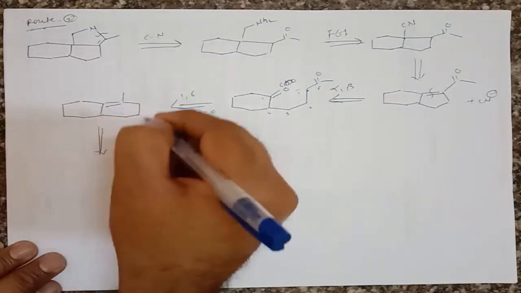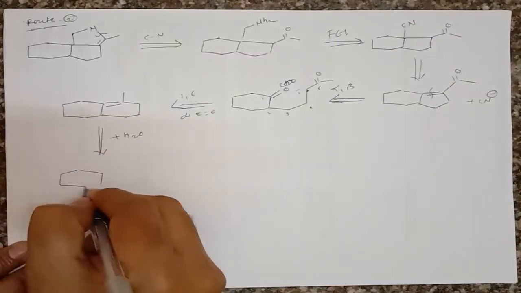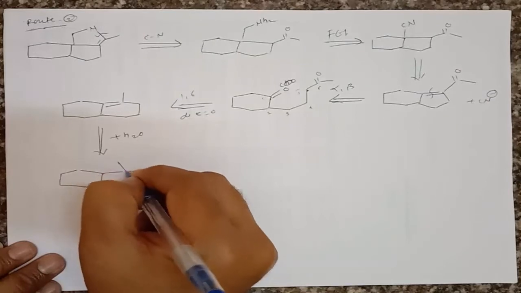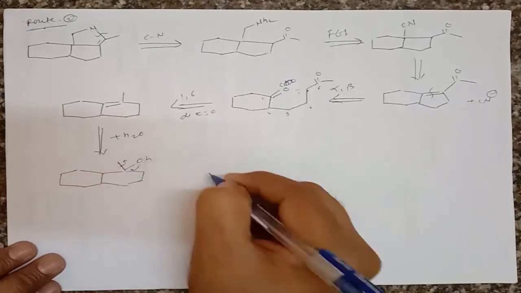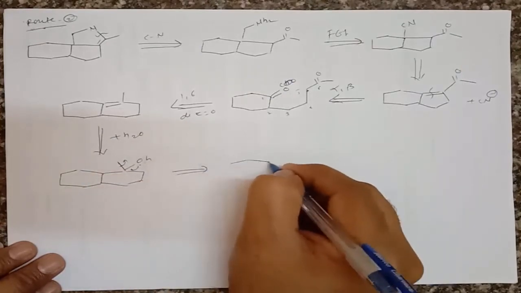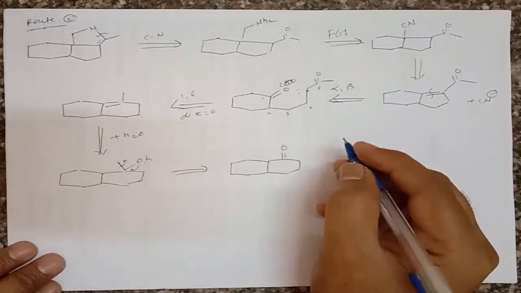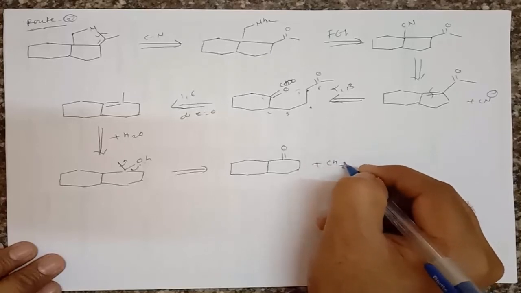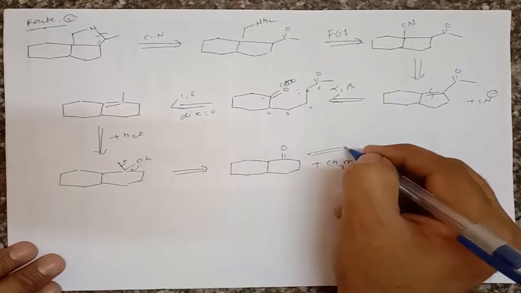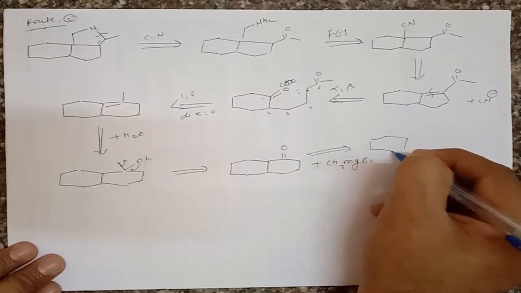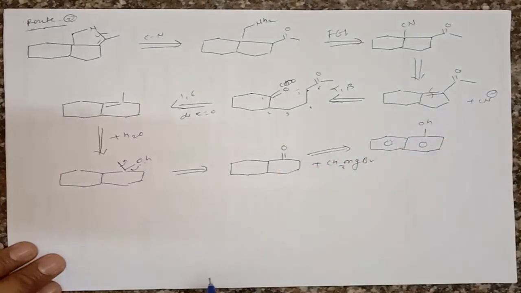Then in the second step, if there is such an olefin, we add a water molecule, and then what does it give? It gives the formation of an alcohol, right? Alcohol. And then in the second step we can convert this into a cyclic ketone, plus there is a formation of a methyl ion, so that can be introduced by using a Grignard reagent, that is methyl magnesium bromide, right? And then this molecule can be easily prepared by using alpha naphthol, right? Suppose we take this alpha naphthol, and from this alpha naphthol we can prepare this molecule, right?